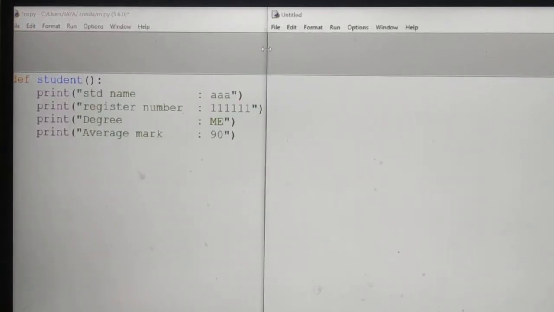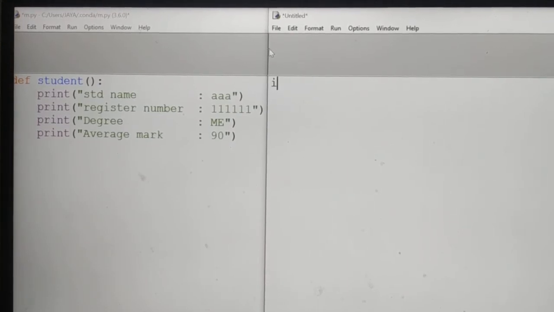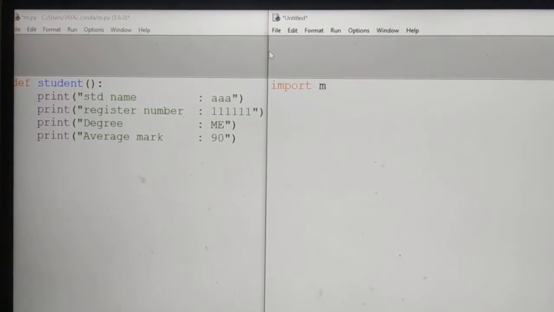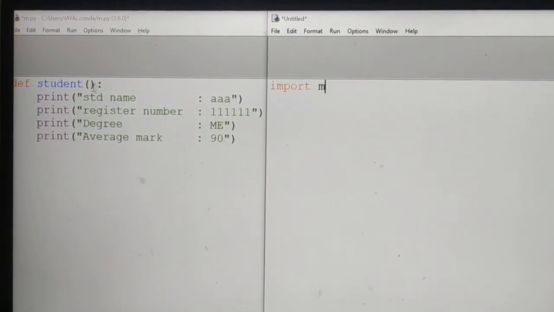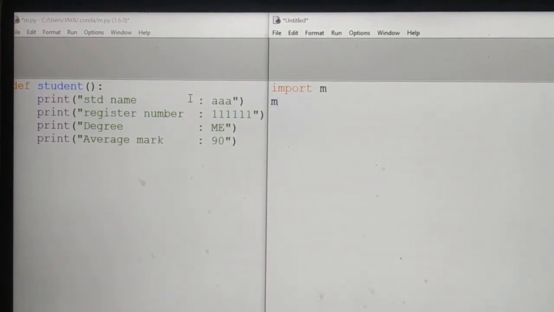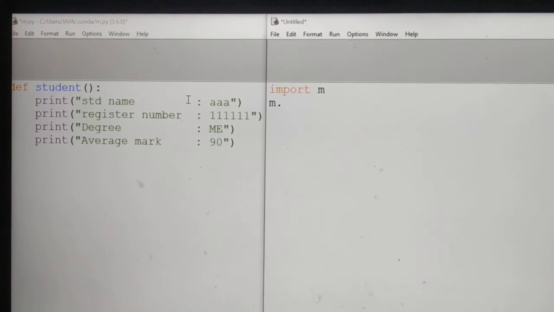Here I am going to import the file yum. So import yum. From that file I am going to access the function student. So yum dot student of.